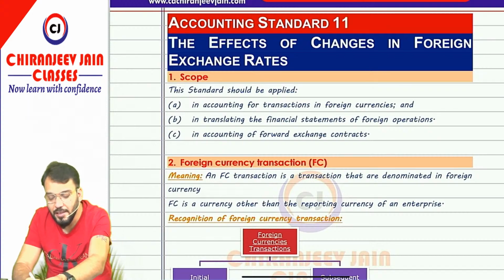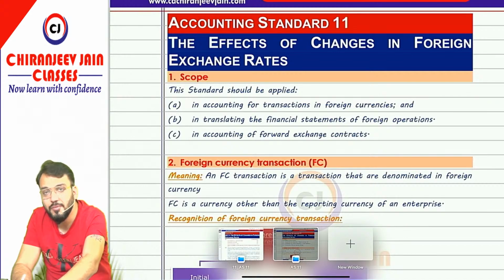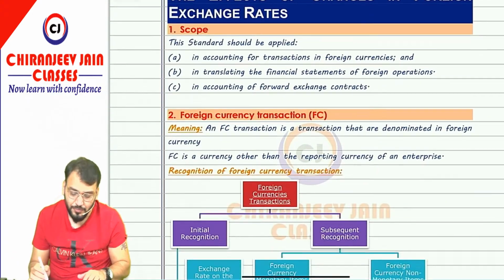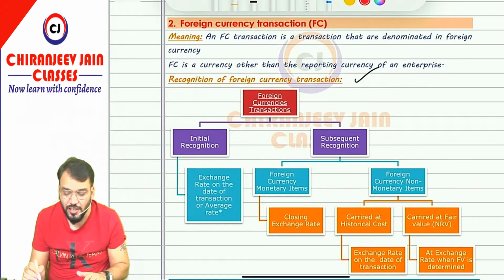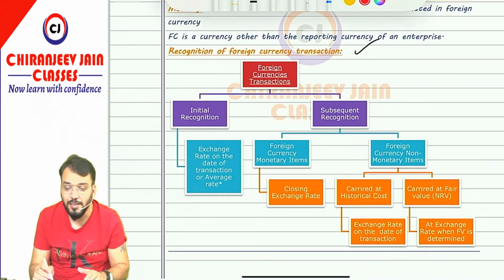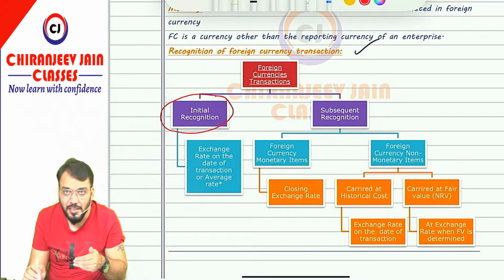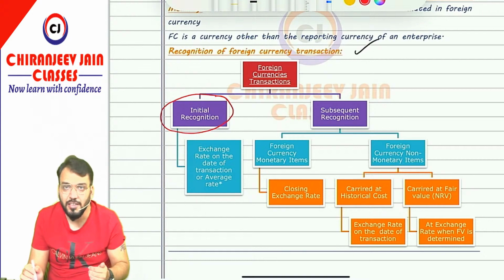One thing is clear, that even though the transaction has been done in foreign currency, we need to record that transaction in Indian currency. So how to translate that foreign currency transaction from foreign currency to Indian currency, that we need to understand. For that purpose, what AS11 says is the recognition of foreign currency transaction, we are doing this topic. For initial recognition, whenever we do initial recognition for that particular transaction, the translation